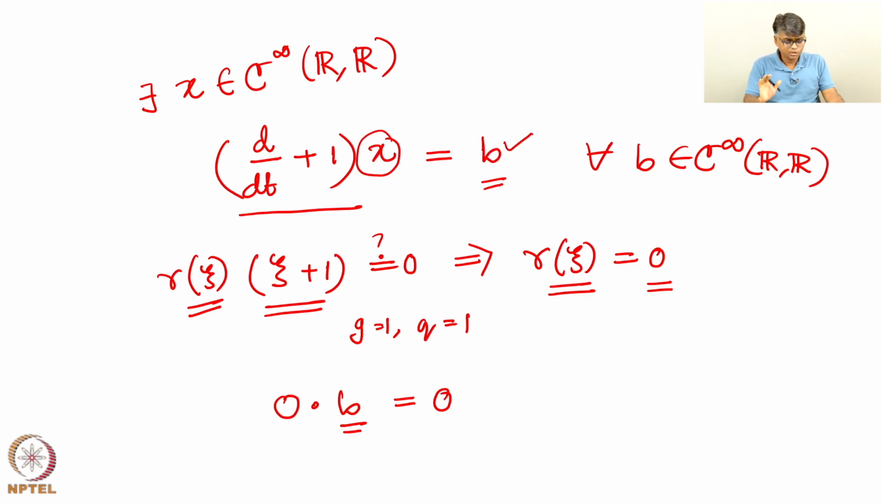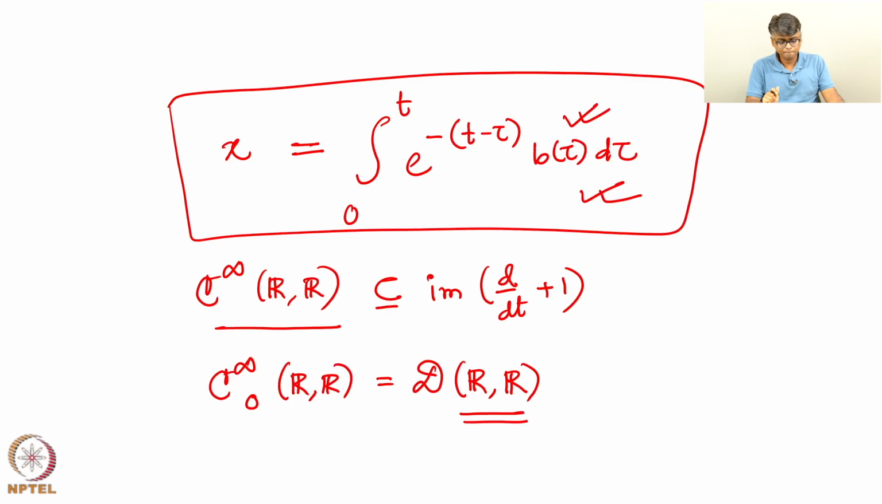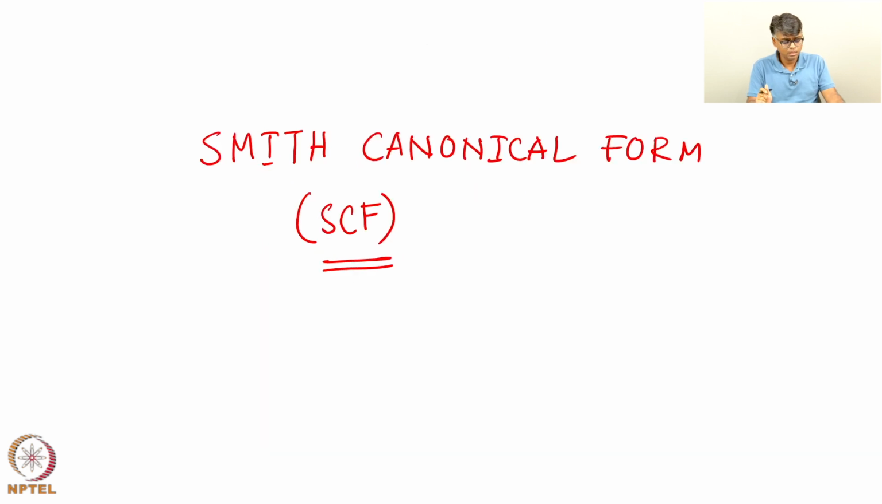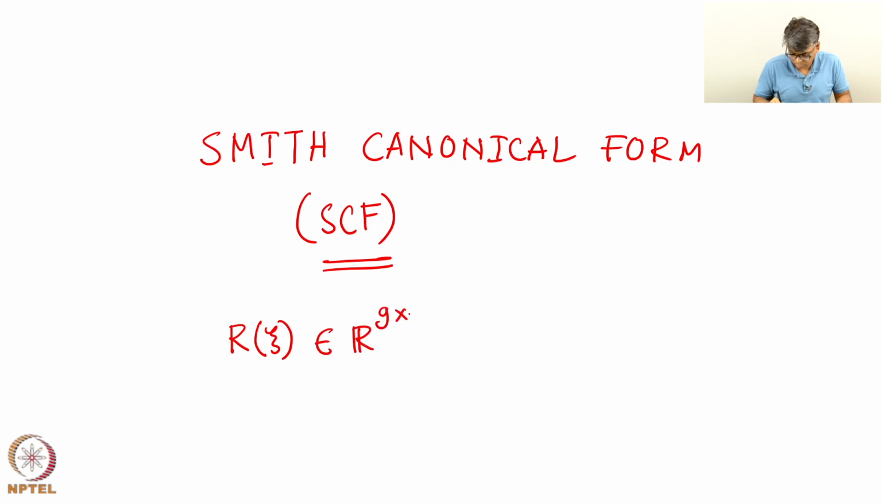So the mixture of this observation about the scalar case through the convolution integral and the classical algebraic result, the Smith canonical form, is what will give us the full result about the fundamental principle, right. So first we understand the Smith canonical form. What does Smith canonical form say? In the easiest possible terms, given a polynomial matrix R(xi) of size g cross q,